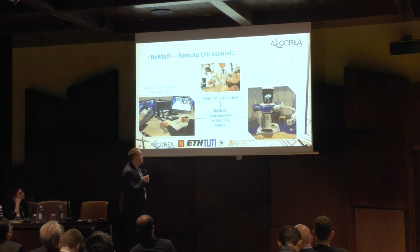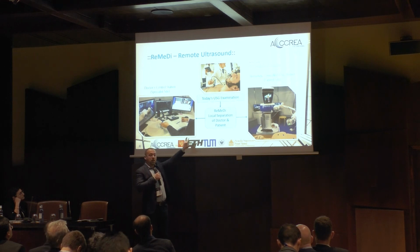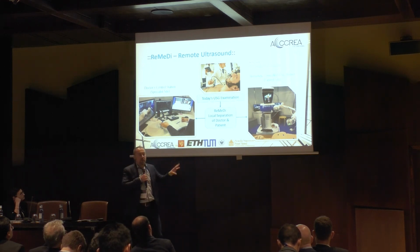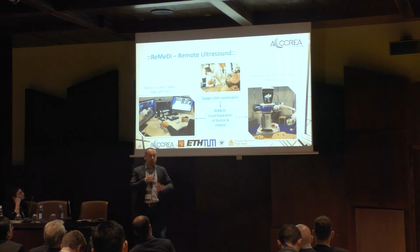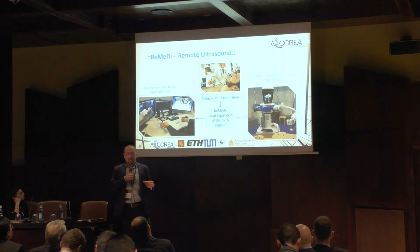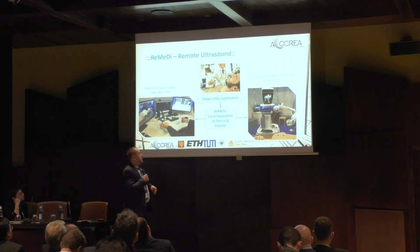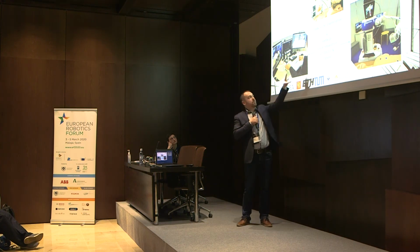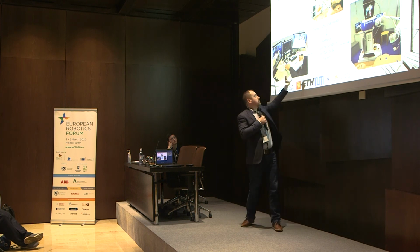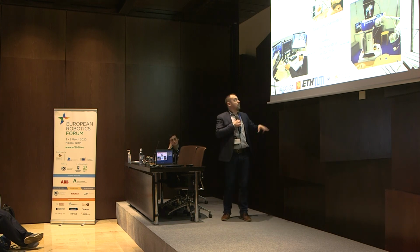So in the Remedy project, this is the teleoperation system we did before for the Bundeswehr, for the German army, but this is the same principle. What we do in this project, we want to handle the problem of expert doctors not wanting to move to the provincial areas. Almost everything else was already telemedicinized. You can do X-ray, you can do teleconsulting, but you cannot do ultrasound. So we thought we split this situation into the patient side and the robot side. And the doctor, sitting in some expert hospital, is controlling the robot